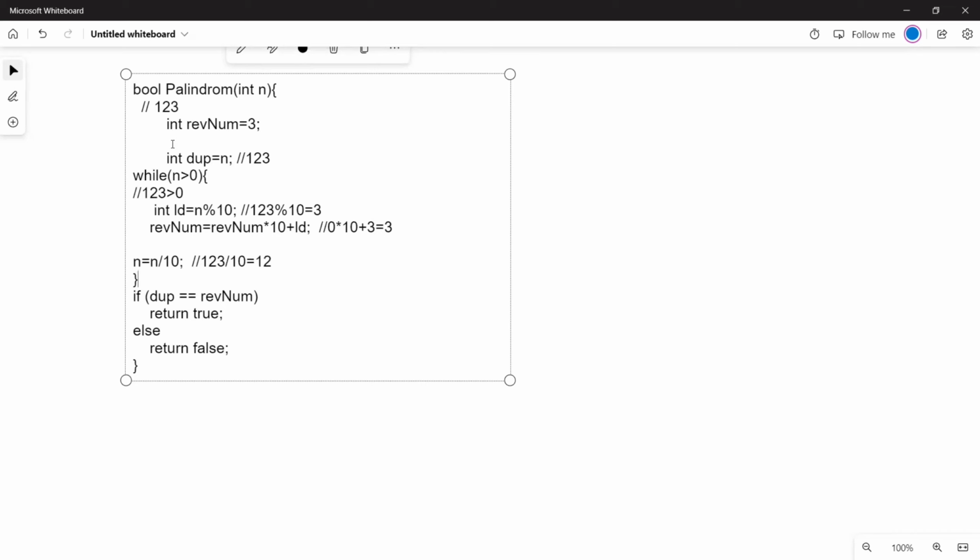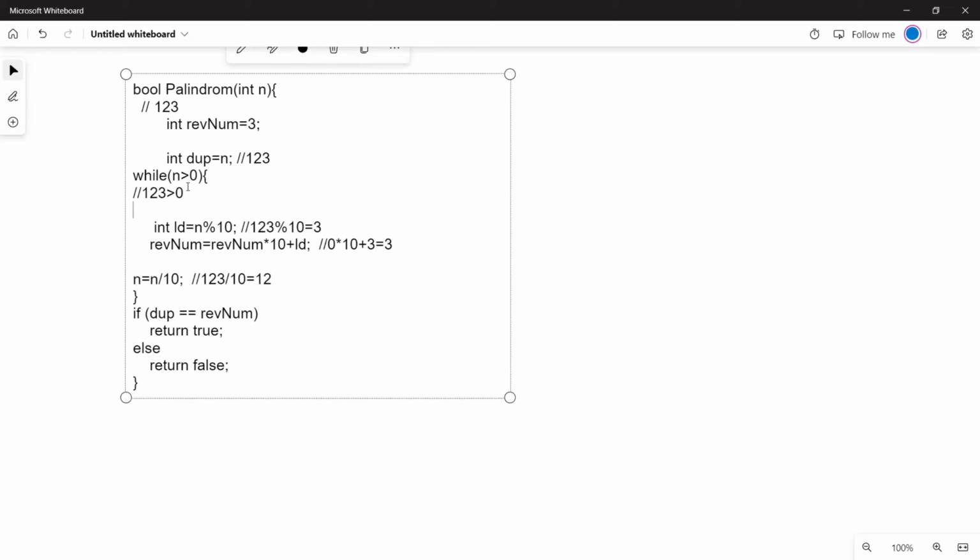Now we move ahead, because we are inside the body of the while loop, and again we check: 12 is greater than 0? Yes, it is true. So we perform the operation. 12 modulo 10, we get 2. Now the reverse num is equal to 3.